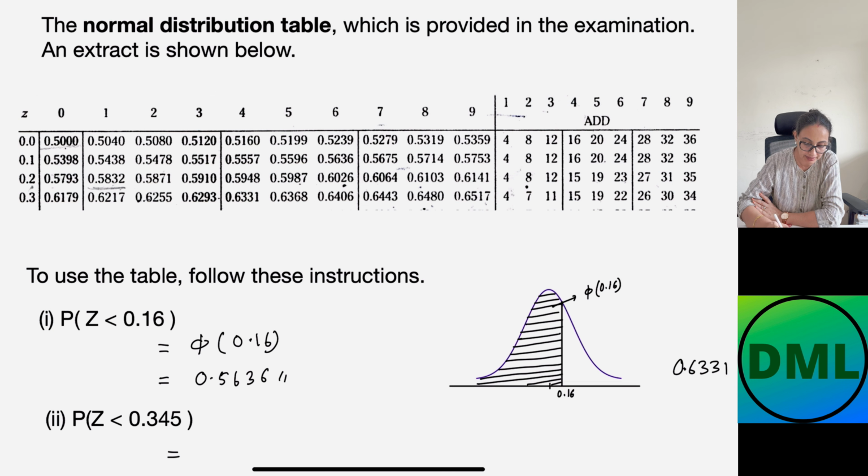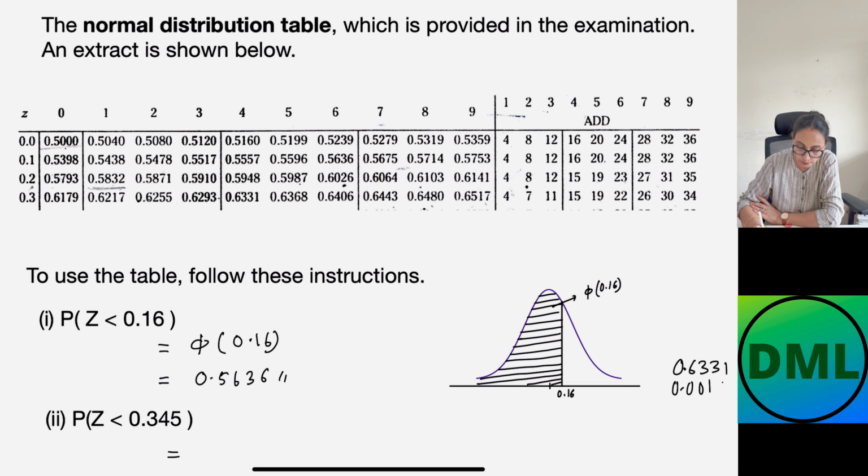I need to get the answer for 0.345. So the value for phi we will find out here and the phi value is 19. So this value 19 is basically 0.0019. So I need to add this answer inside it,